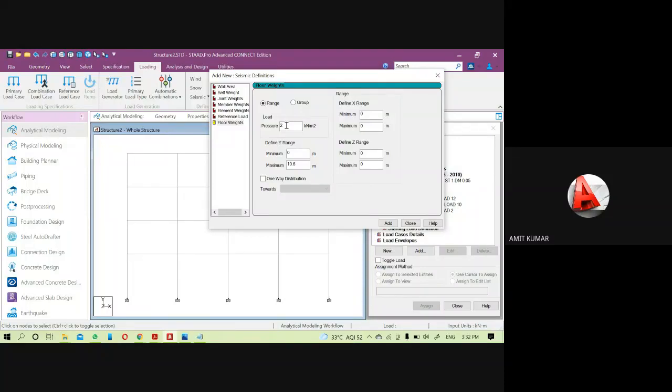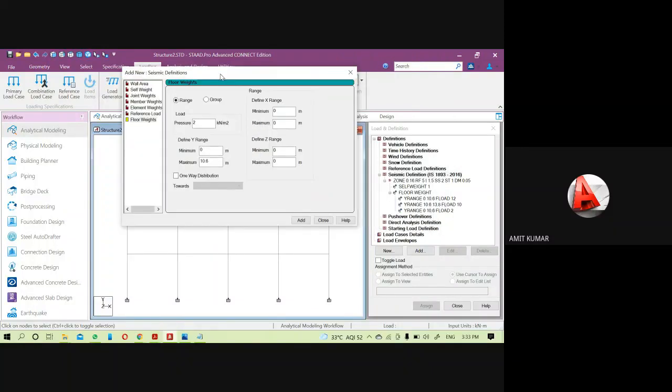The live load of the roof was 1.5 kilonewton, and this value is less than 4. That's why we will not add 50% of the live load here. Only the floor load will be considered because its value is equal to 4.